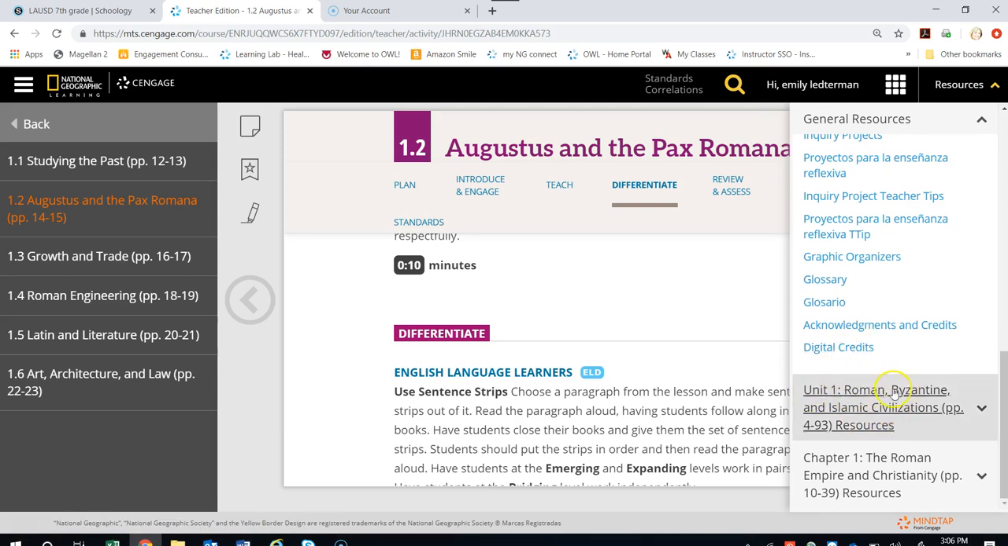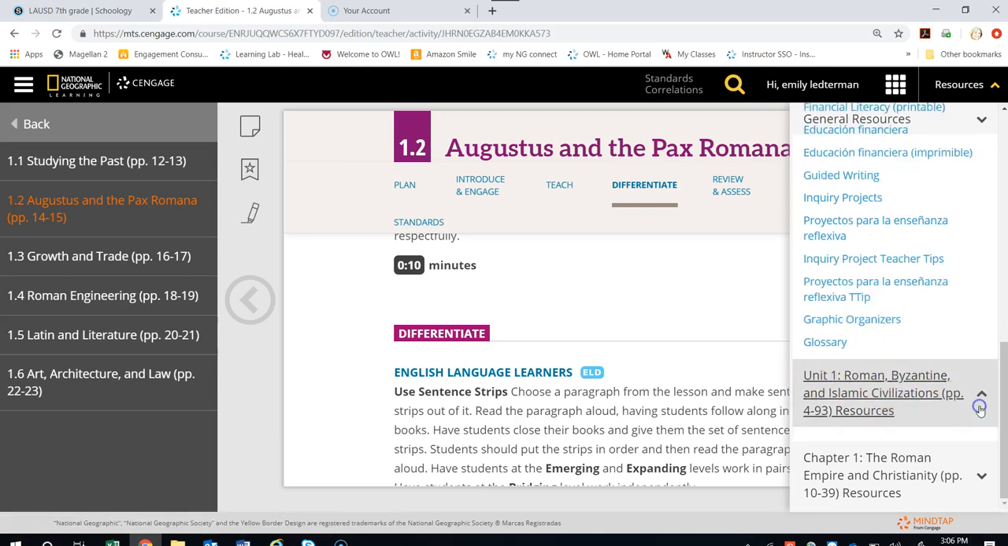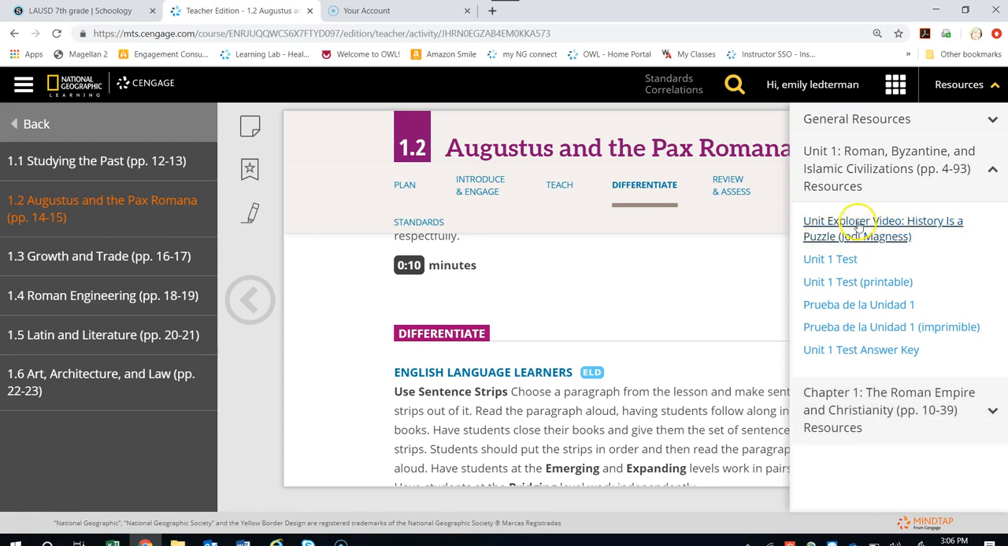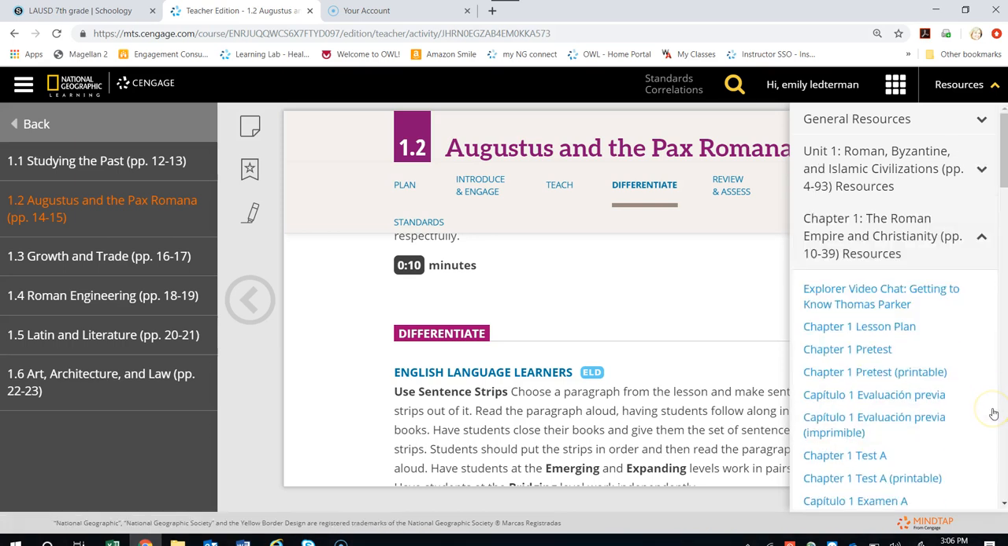We then also have our unit resources, so I'll open those for you here, and that's where we'll find our Unit Explorer video, our unit tests, both in digital and printable version and in Spanish, as well as the Unit 1 test answer key. To continue on, we'll go into the chapter resources, and again here we'll see our Explorer